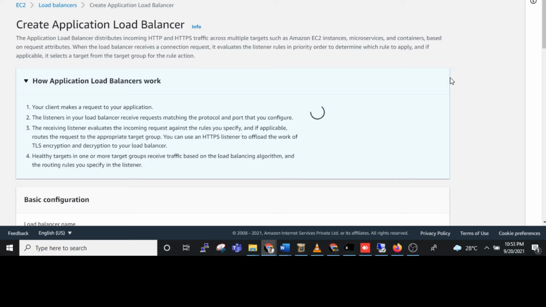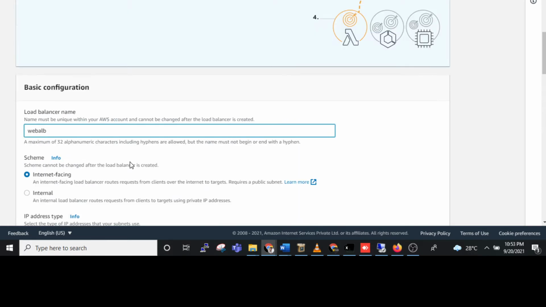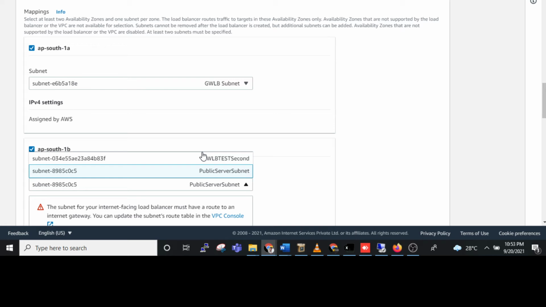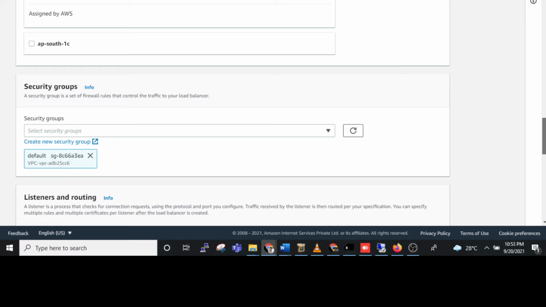Here we'll give the name, web application load balancer. Internet facing is required. Then here is our VPC, which we will select. I have selected these two regions, and here we need to select the subnets. We also need to select the security group, whichever the instances have.